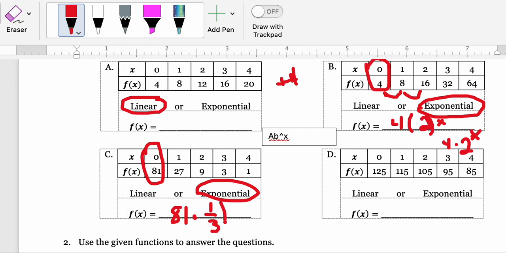I'm going to put it in parentheses. I like doing that, especially when I'm talking about fractions, so that you see the exponent correctly to the x. And we know it is an exponential function. Okay, now another way you could have done that, if you're like, okay, I know it's not